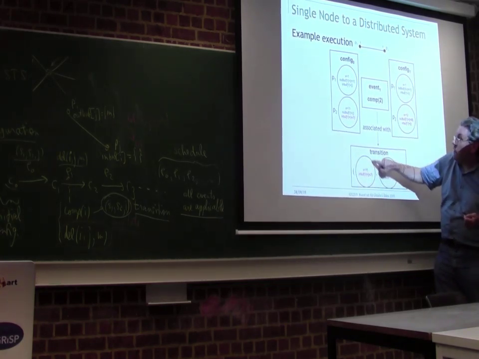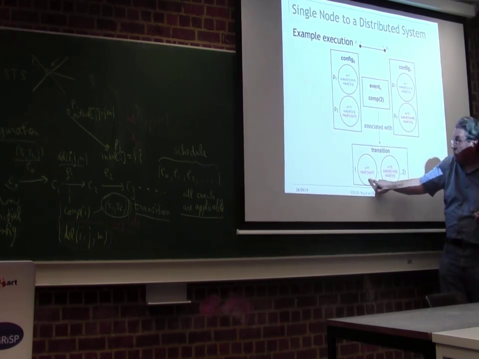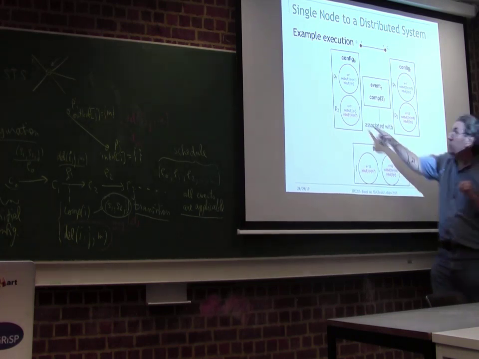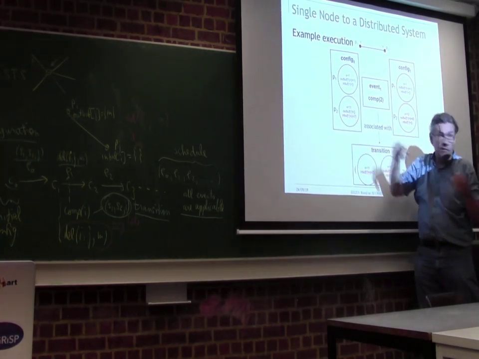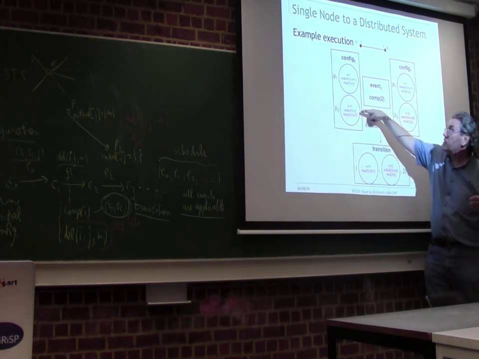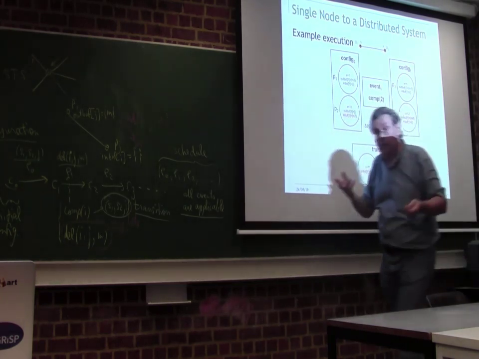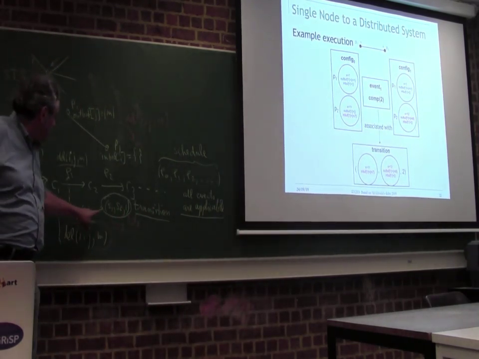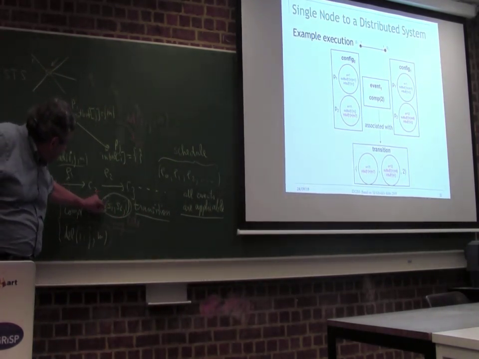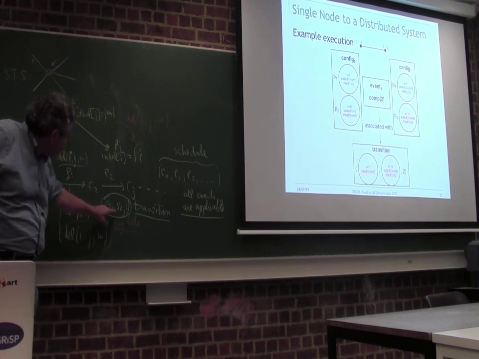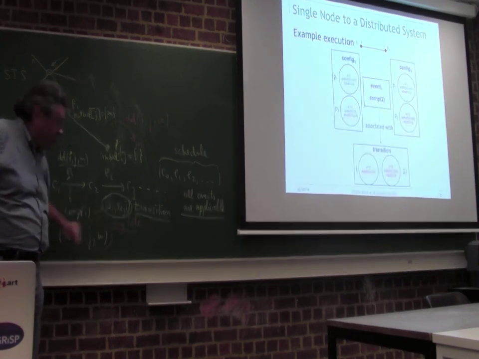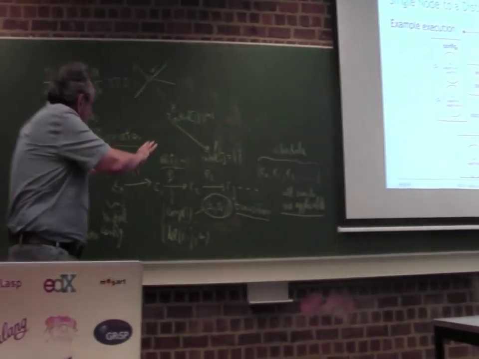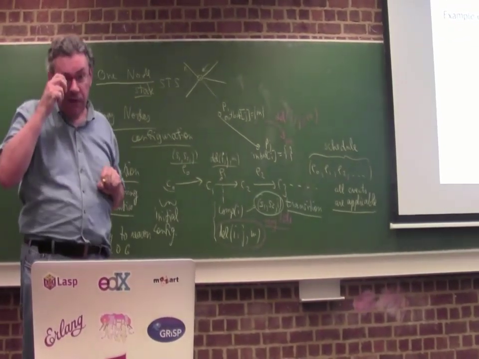We don't care what the outbuff is here on the left, because the outbuff is what's in the network. It's invisible to P2. So here it's empty, but in fact P2 doesn't know what's in there. It's what's in the network. Okay, so comp events correspond to transitions, and the state here is the accessible state of the node I. Okay? Those are just details to make sure that everything fits together in the model.